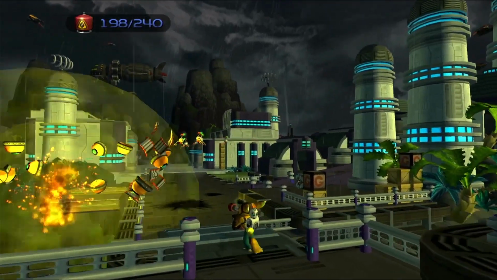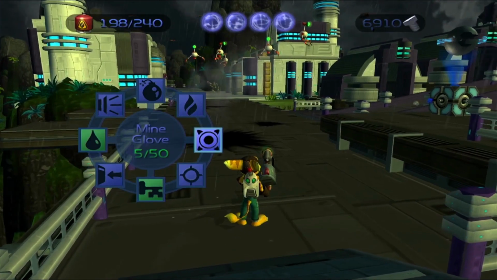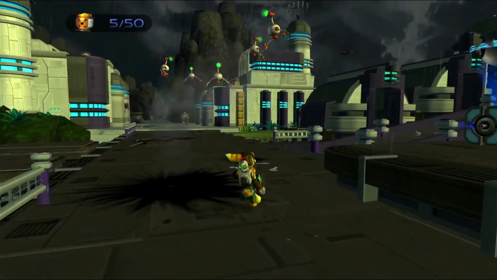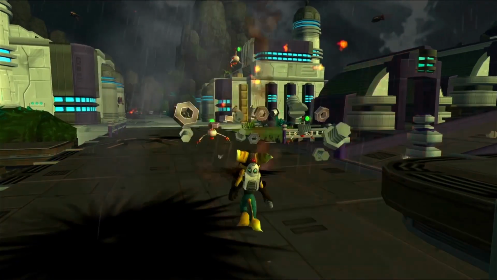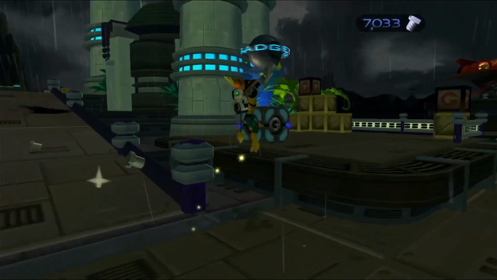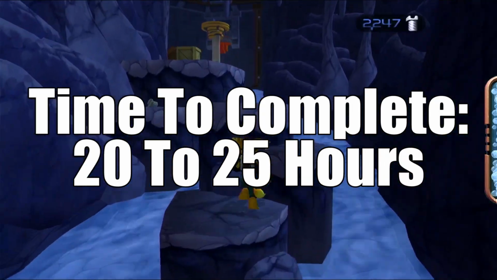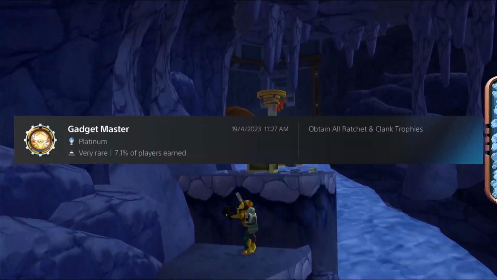Much like Going Commando, you collect all the bolts, go through all the skills, and that's it. There's really not much else to do. If you have 100% of the game before on the PlayStation 2, then you'll have zero issues. Difficulty level is easy, time for full completion is 20 to 25 hours, and only 7.1% of players have earned